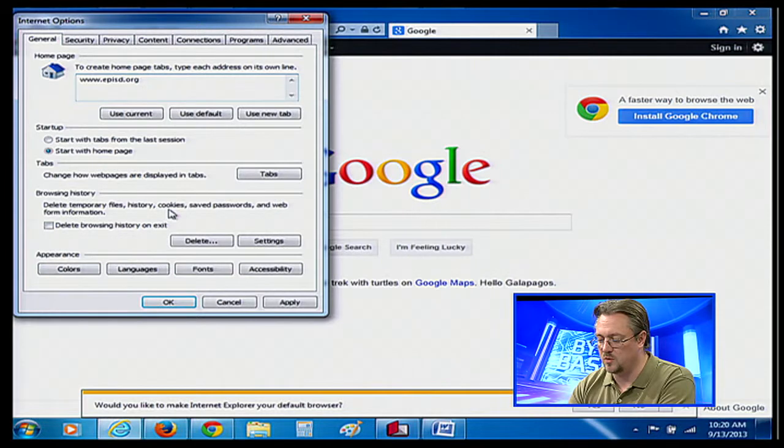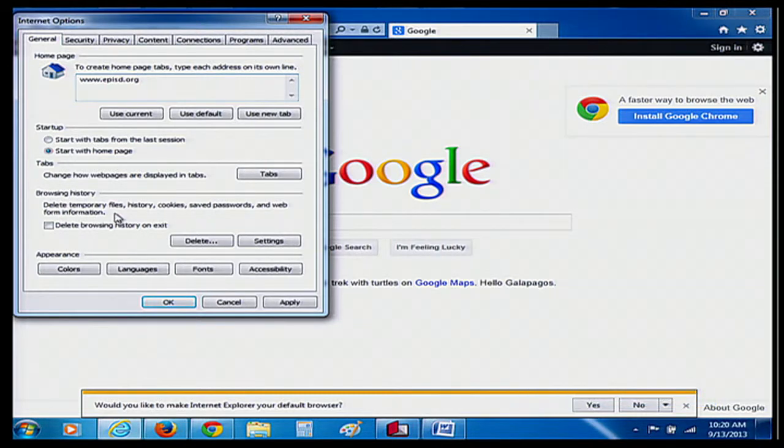So things you've typed into a web page, it will use that to pull it back up the next time you visit, so you don't have to re-enter those things again. Passwords that you have saved. So if it's a personal computer, you may be saving passwords for different websites. If that's the case, your saved passwords will be in here as well as information from forms and things that